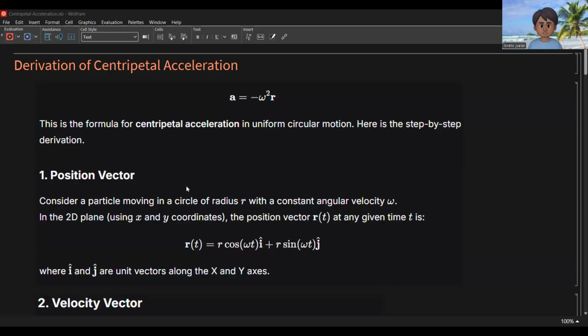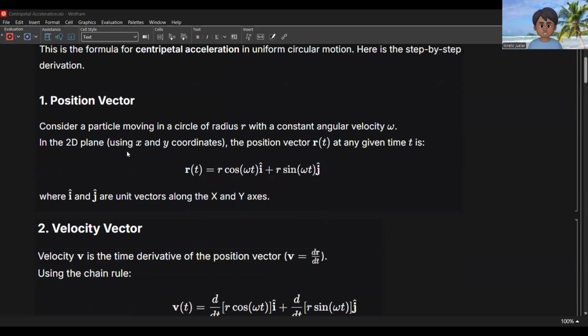Here's the step-by-step derivation. Position vector. Consider a particle moving in a circle of radius r with constant angular velocity, omega. In the 2D plane using x and y coordinates, the position vector r as a function of t at any time t is given by r times the absolute value of r, cosine of the product of the angular velocity times the time,